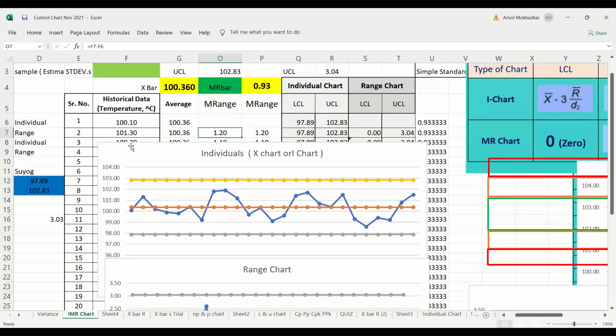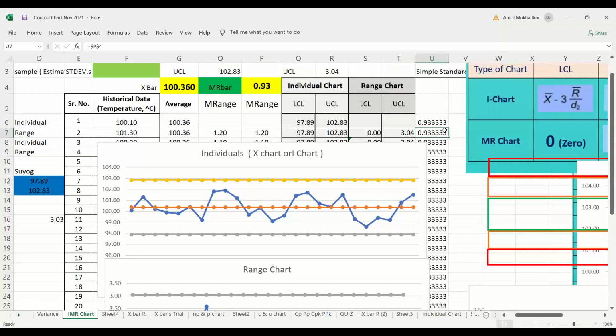Yeah, I have shared the Excel sheet now. You are not visible, sir. The X bar standard deviation screen only is visible, sir. What is visible, X bar? Okay, sir, now it's visible.